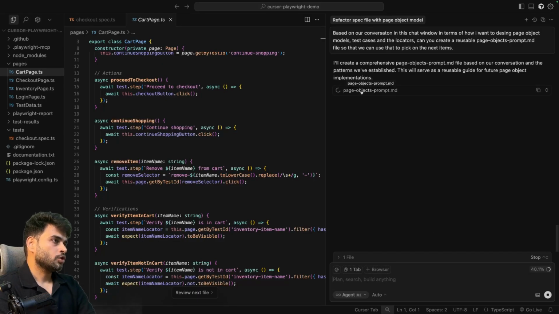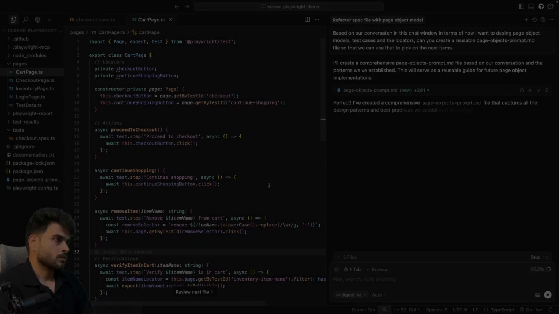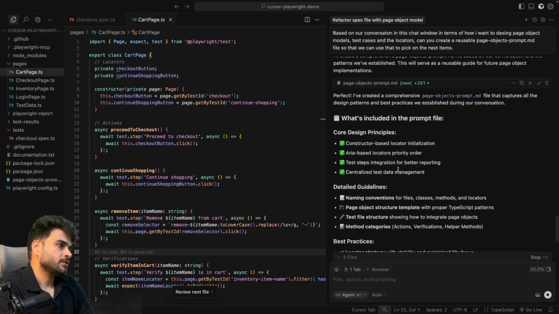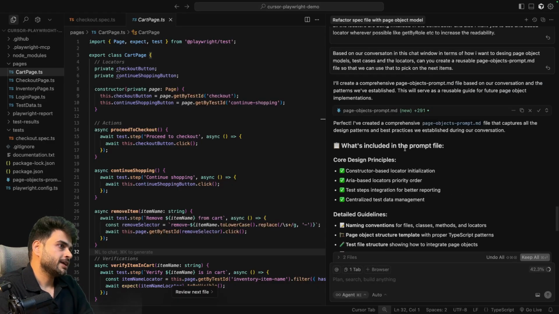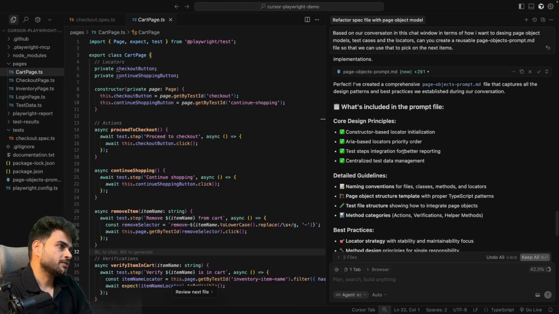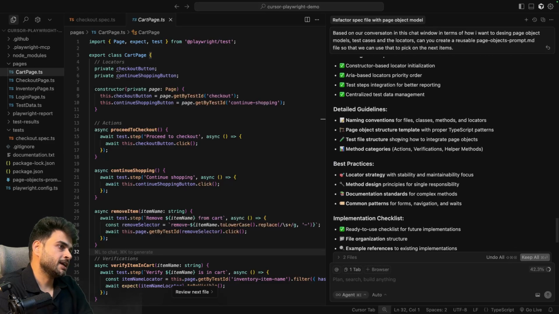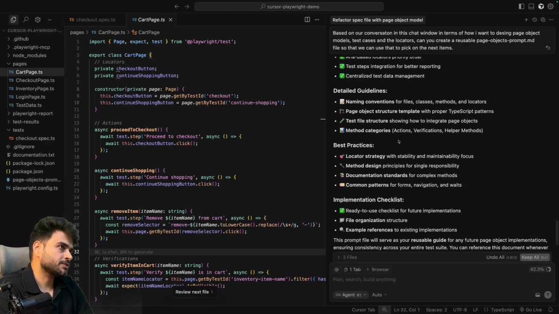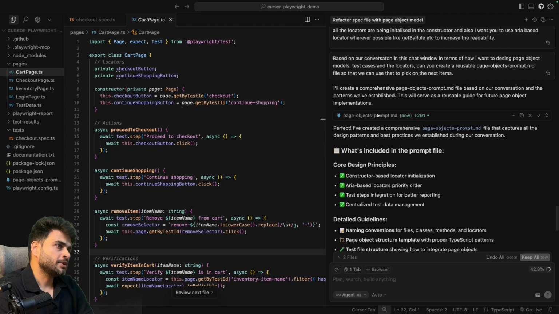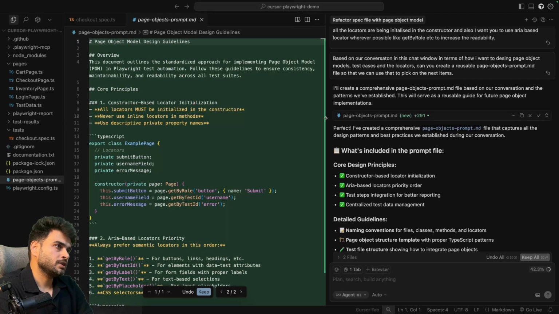So now see what kind of prompt it has generated based on the conversation I had with it. Okay, so as we see that it has already created the file and has also summarized what it has done. So for example, it has added the design principles, detailed guidelines, best practices, and implementation checklist. So let's see what kind of prompt it has created. So yeah, if you see this prompt,